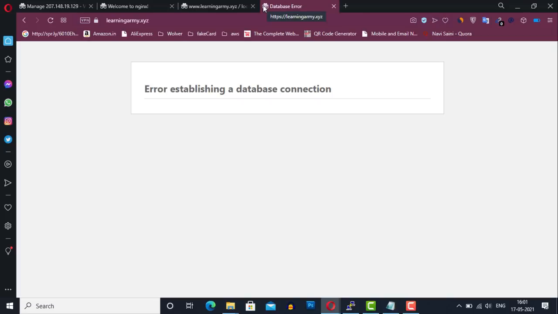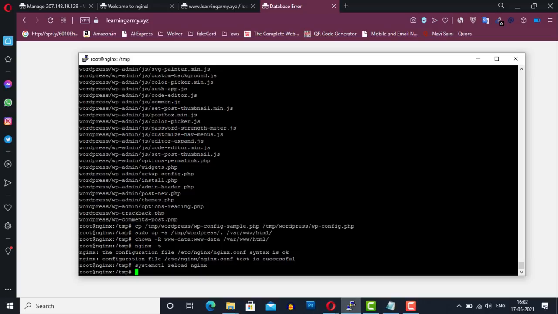After restart, open your browser and enter your domain URL. On this page, you will see a database error because we have not configured our wp-config file. That is why it's not able to create the connection between WordPress and the MySQL database. So open your terminal again and open the html directory using the cd command.